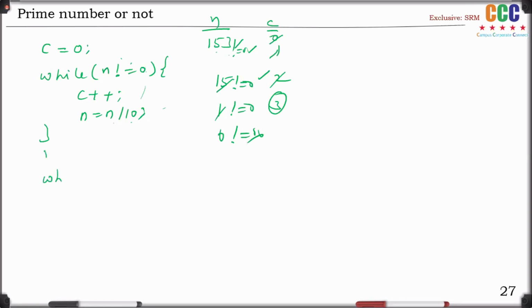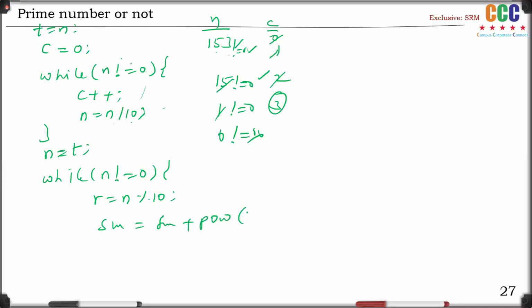Now you can run another loop. Again, copy your n value, because n is getting reduced to 0. You already copied your n value into t, the same n value assigned to t. Run the same loop: while n not equal to 0, get the remainder. Sum is equal to sum plus POW of r comma c.